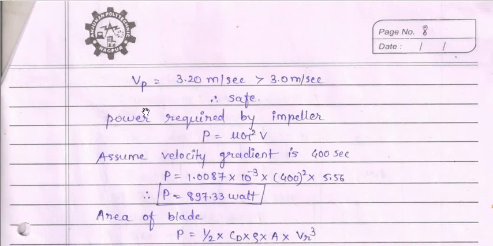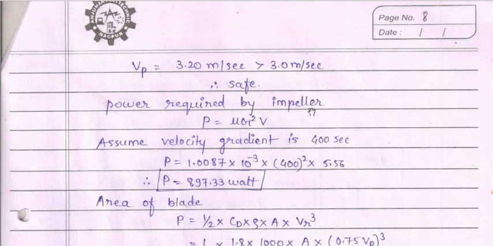Also the power required by the impeller. Now, what amount of power is required by the impeller? Assume that the velocity gradient is 400 per second, because it is given to us that the velocity gradient should be more than 300 per second. So we are applying the value of the velocity gradient as 400 per second. Mu is given to us, that is the dynamic viscosity of the water. G is 400, and the volume we have just now calculated as 5.56,